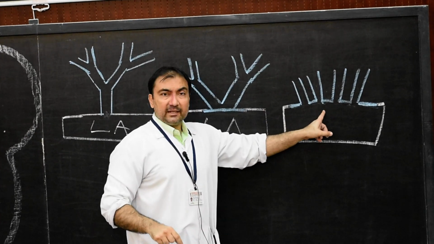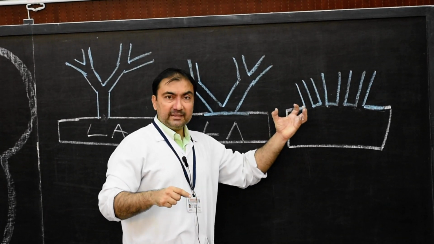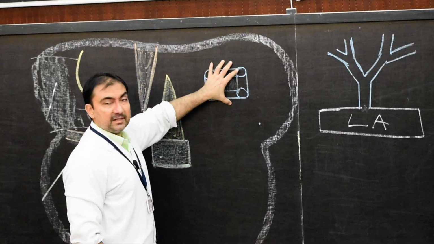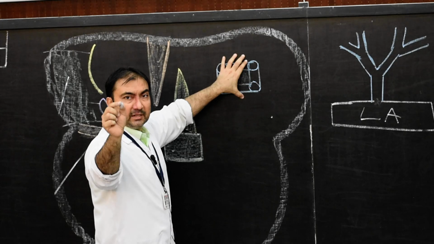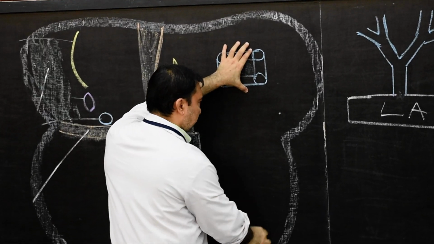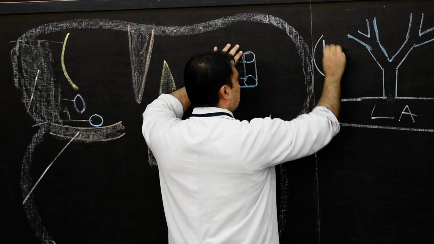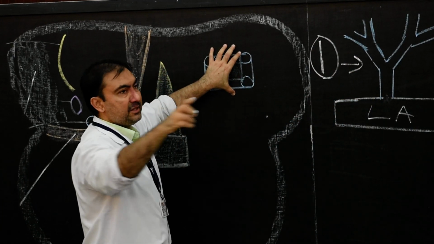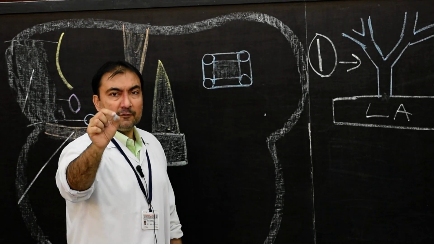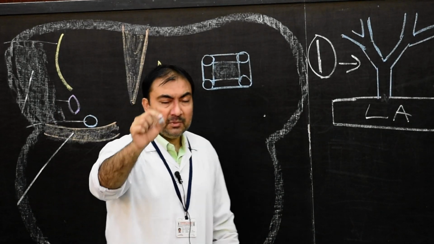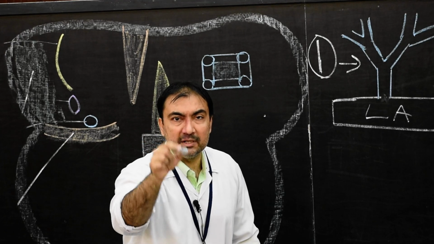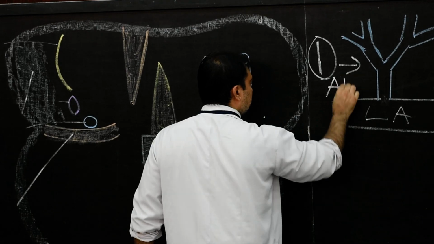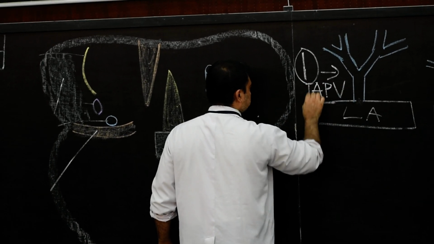Therefore, according to this diagram, the absorption of pulmonary veins which you have understood, we come on this side, please come on this side, we have shown this diagram. So what is the first point in development of left atrium? The first point will be this one, in which we show the dorsal wall of the left atrium will develop from absorption of pulmonary veins. So here I will write absorption of pulmonary veins.